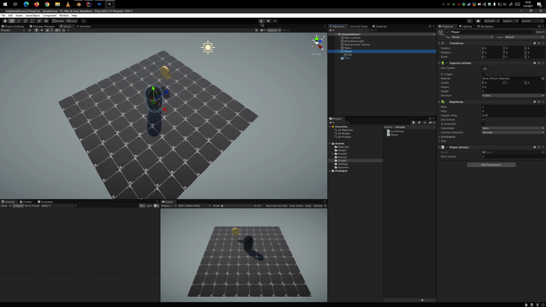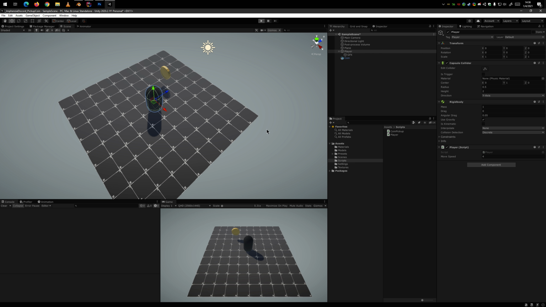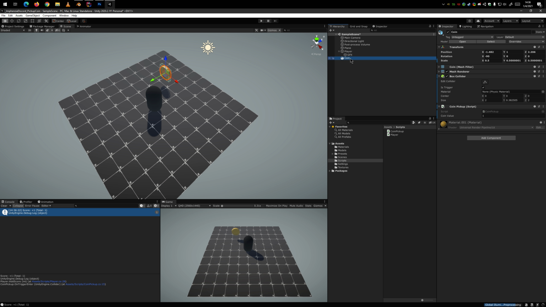But yeah, that's pretty much it. You would just hit play. I'll move on to the coin. The coin gets removed. Score is added, +1 for a total of 1. If I were now to